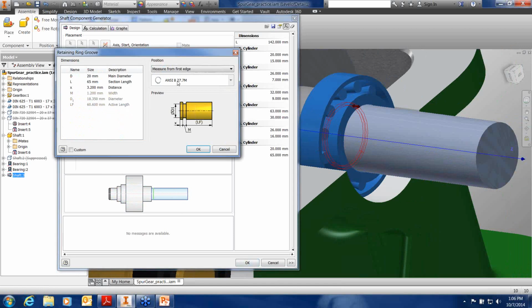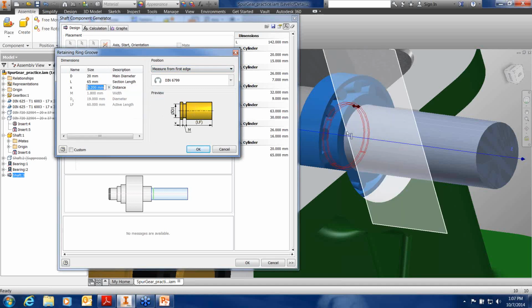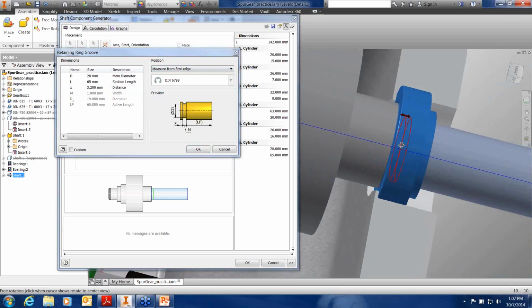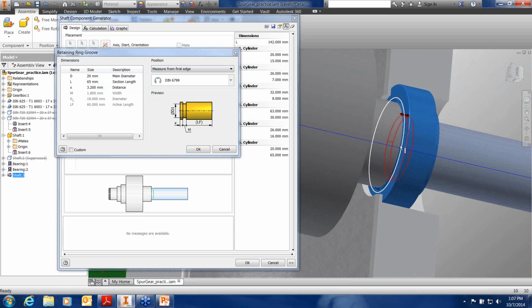Once again, go into my three dots and pick the one that I want to use. And it always likes to default back to first edge. I did it by the second edge by changing it. In this case, it's defaulted back to the first edge. And here again, I'll do my measure. So I'll scroll around here. I'll try to grab the appropriate edge. I think that's right. Whoops. And then